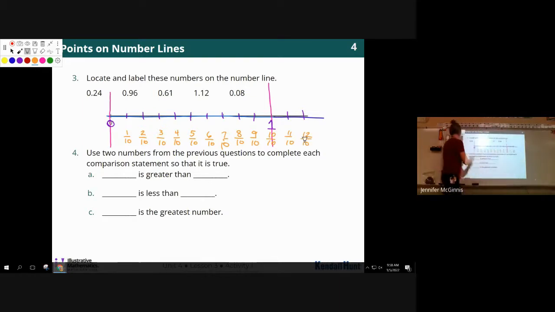The first thing we should probably do is label our number line with fractions, so we know what we're looking at, okay? And then when we get here, we know that, well, how do we say this decimal? If we need a chart,